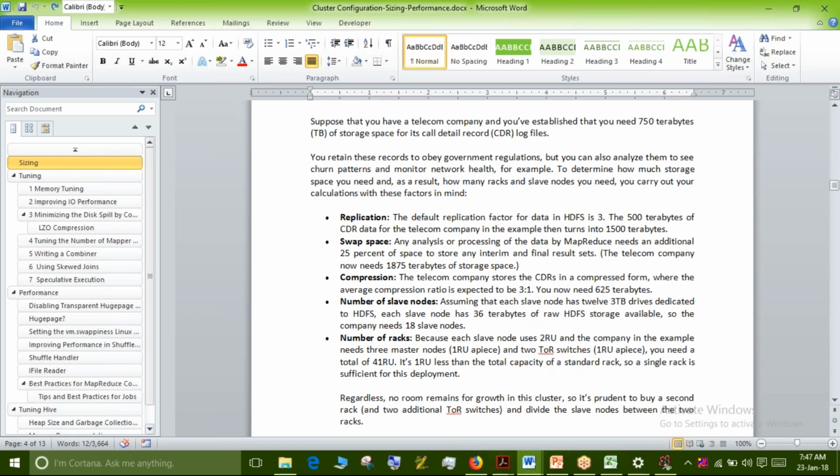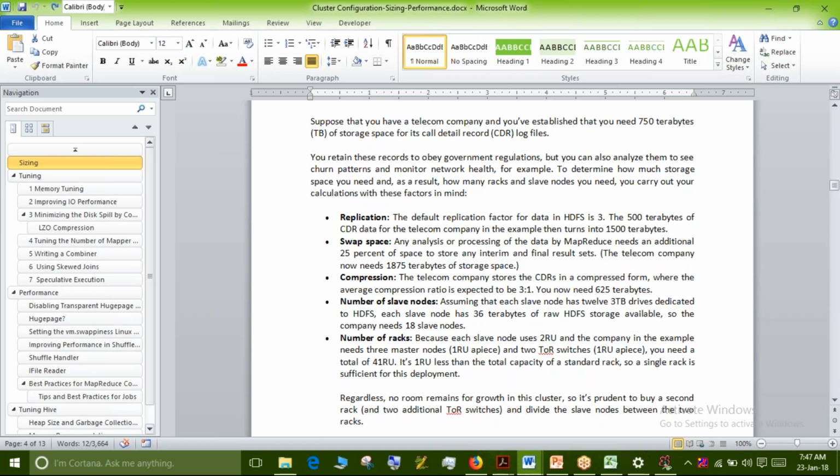That is what we have learned just before. But how you plan the cluster, you need to have the requirements, like what amount of data you are planning to store currently and what is its growth rate. Say my current need is to store 750 terabytes of data